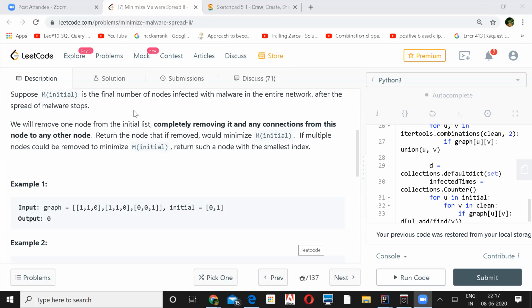Then the last statement says that you need to remove each one of them in the initial list one by one and see how M(initial) is getting minimized, right? So whichever one has the least impact, that node number you have to return, correct? Return the smallest one. Okay. The smallest index. Yeah. I just wanted to be very sure because I'm not able to clearly understand that last part.